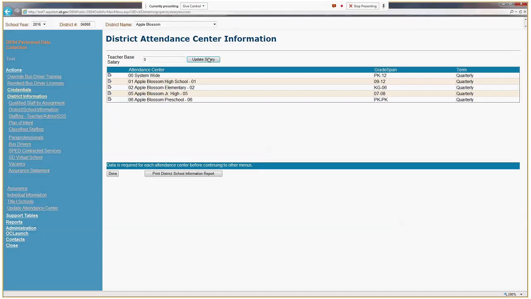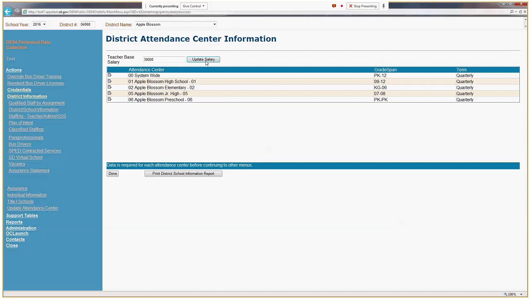So this teacher base salary is the beginning teacher salary offered by your district. The base pay depends on the school district and on the actual salary that you put on the screens will depend on the teacher's qualifications and experience. Do not increase the base salary for those that are beyond a bachelor's degree or because of their years of service in increments. You will just put in the base salary and click on the update salary,